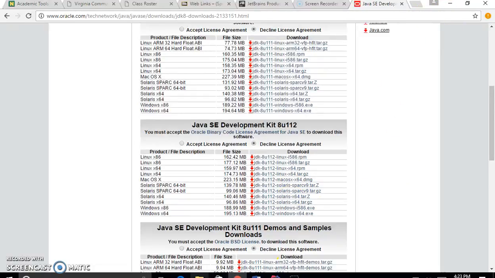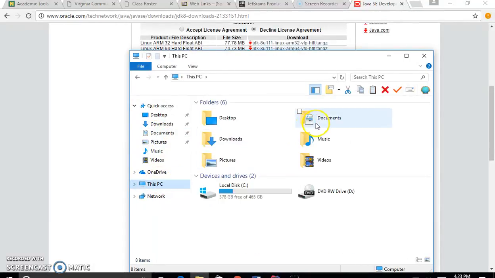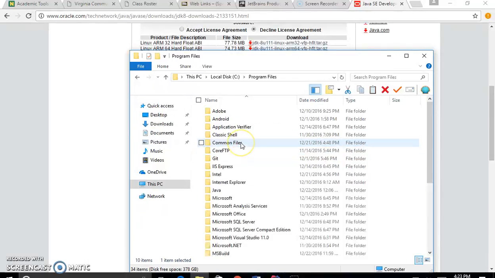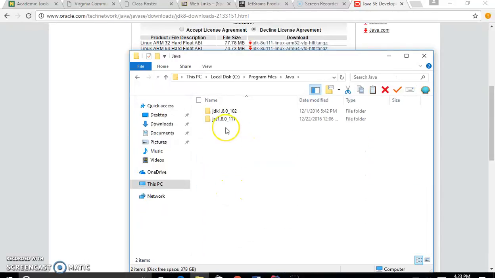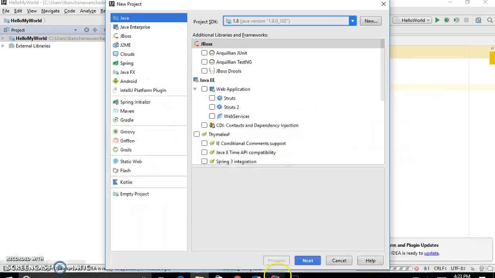After you install, you should see the path to that. By default, in Windows, it should be under C, Program Files, and it should be just this one. This is for 32 bits. For 64 bits, it should be under Java, and you see JDK 1.8 update 102. So this is the path that you want to link. If you don't see 1.8 with update 102 underscore like that,